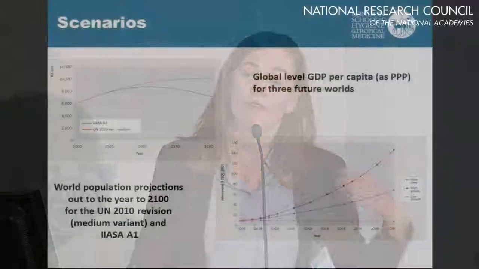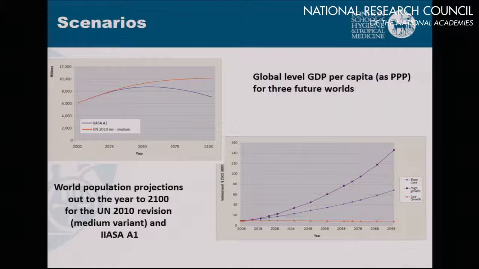So what we did was fit in between some methods developed within the climate impacts world, which is not health focused, and the burden of disease work, if you're familiar with that, done through the World Health Organization and now through the Institute for Health Metrics, which is up in Seattle. We estimated the health impacts of climate change in a future world, under that economic growth with that population, and we compared the world with climate change and the world without climate change. The world without climate change was obviously a baseline of the current climate, and the future climate was given to us by the climate models.